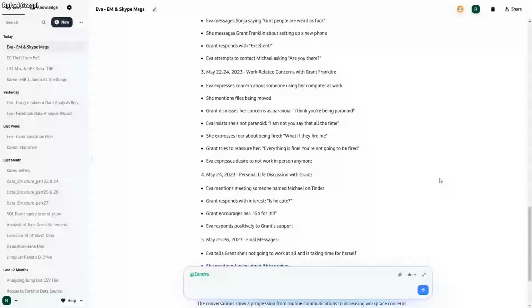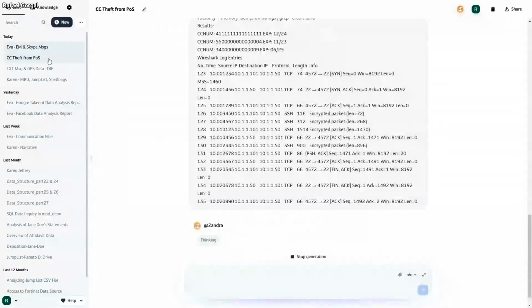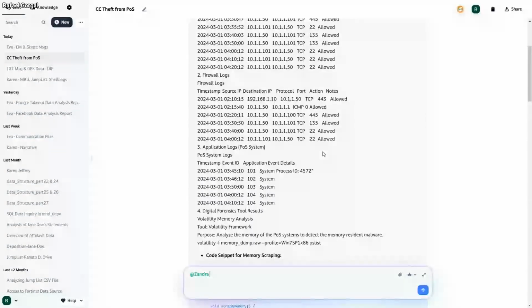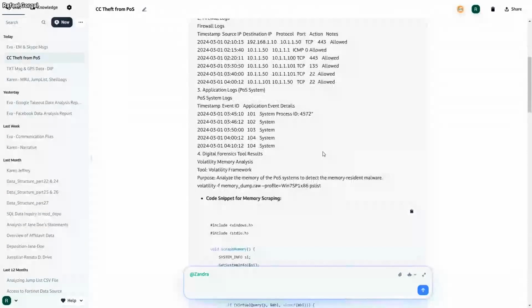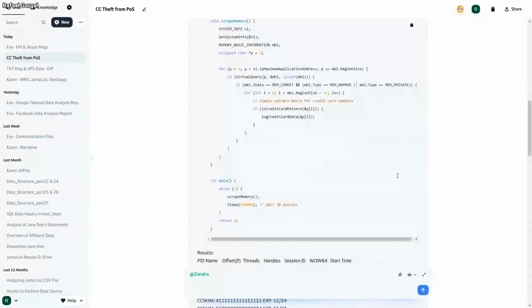But it can also parse different types of data sets. So for example, this is a bunch of network logs, firewall logs, application server logs, as well as data taken from memory scraping. This is a point of sale system that was analyzed.